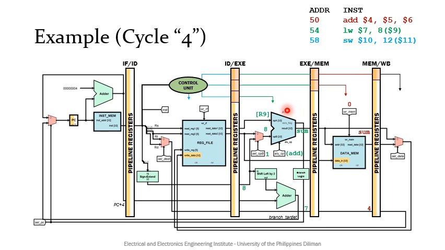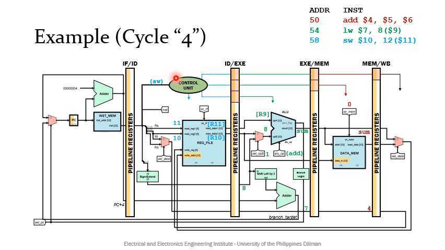Meanwhile, the load word instruction at the execute stage computes the sum of the contents of R9 and the immediate 8 with an ALU op corresponding to add. Note that this time ALU source B must be 1 for the immediate to pass through as operand B. These control signals are the delayed control signals through the pipeline registers. The destination register number 7 is also fed to the EX/MEM pipeline register.